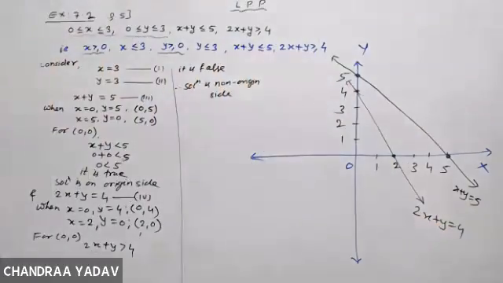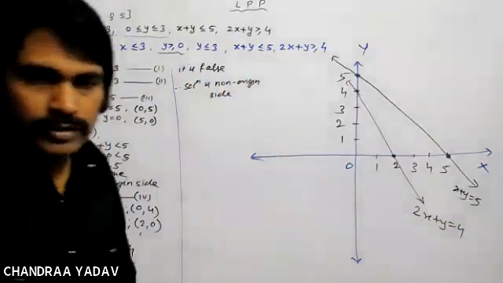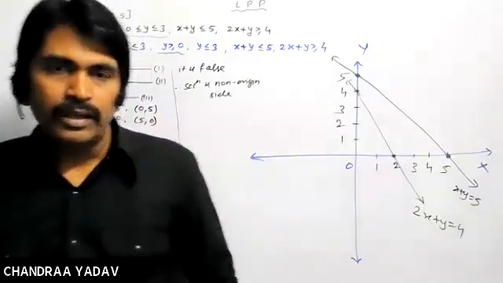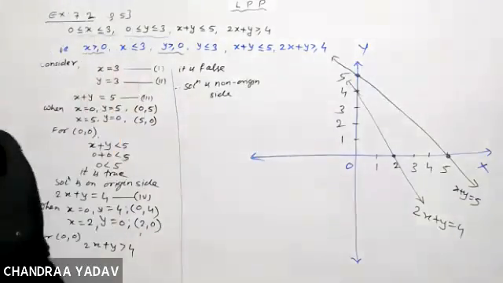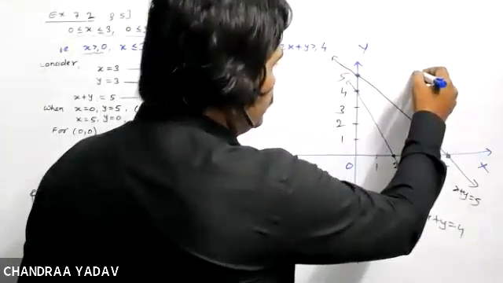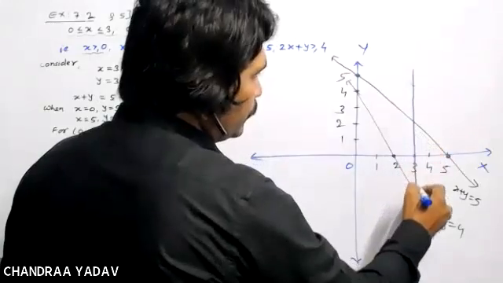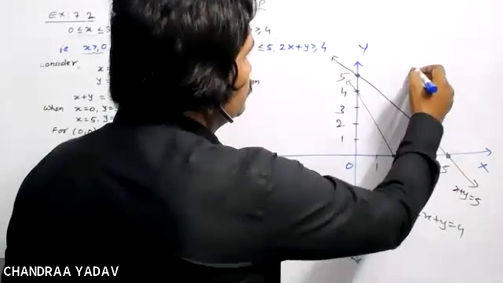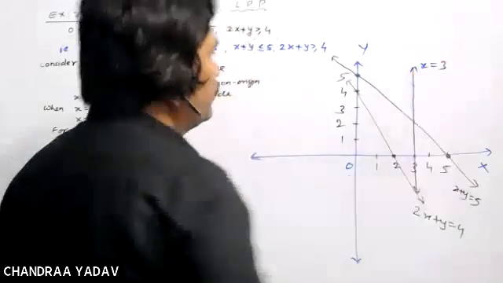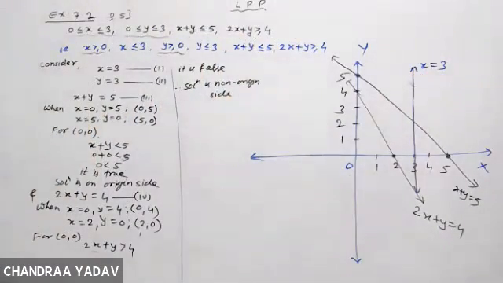Okay, now this is about the third and fourth. Now, what about the first and second? x equal to 3. How will we draw the graph of x is equal to 3? Parallel to the y-axis. Absolutely right. Very good. So this one is x is equal to 3. What about y is equal to 3? Parallel to the x-axis. Very good.